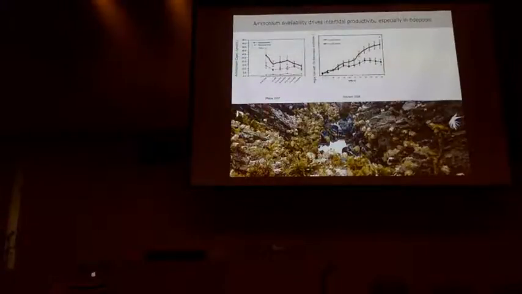So a related paper, Matt Bracken, around the same time, was looking at similar questions in tide pools, and he found that this ammonium that is elevated in tide pools, so again, that red line in mussel-present tide pools, is correlated with increased algal growth in those same pools, as opposed to pools without mussels, which do not have that translation into algal growth. And then finally, a third study, this study looking